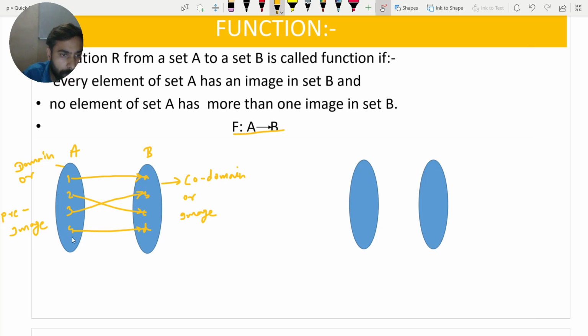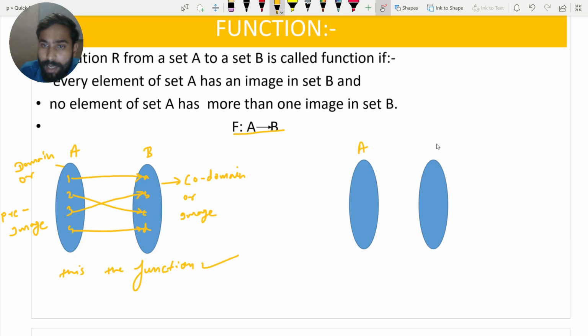All these elements have a unique image in set B. Then this is a function. For example,